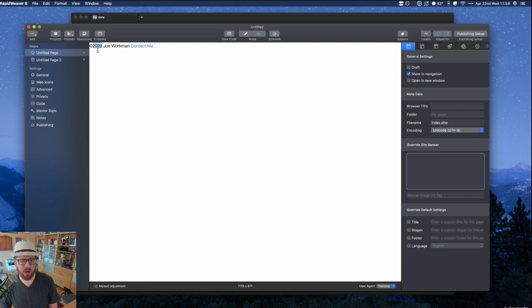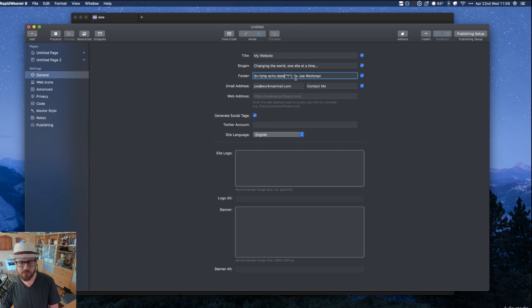So right now, in 2021, this copyright notice is going to change from 2020 to 2021 immediately. I don't need to republish my project. I don't need to do anything because this code here is dynamically being inserted onto the page. So that is a quick, very simple answer to your question: